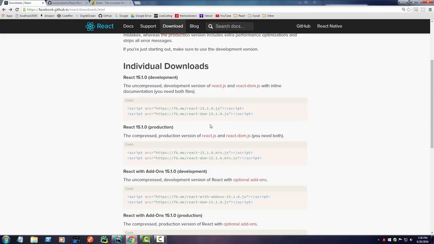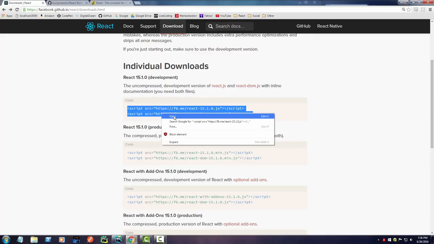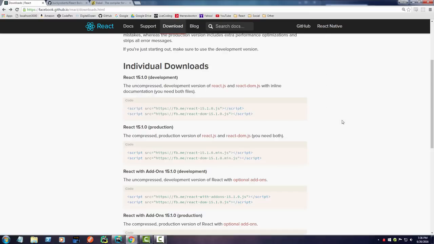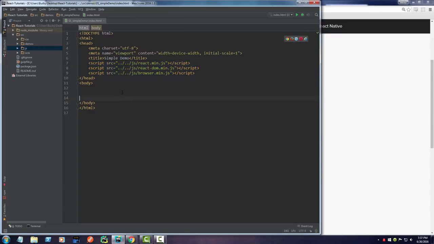react.dom.js. Now we have a couple options of how we can include these into our HTML. What we can do is we can just go ahead and copy this and then plop them right in here, just like you include any CSS or JavaScript file. Or what you can do is you can actually download these and have them stored on your own machine. Now the benefit of just including them from here is you don't have a bunch of files on your own computer. Now the benefit of having them on your computer is,